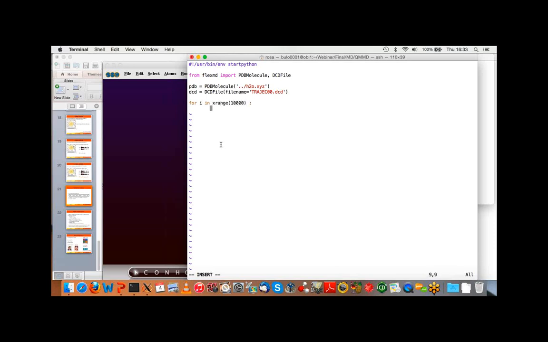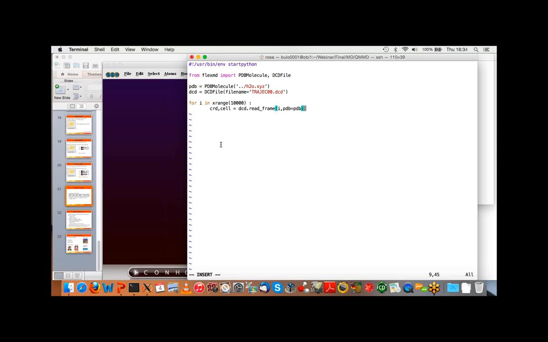Let's use a big number. And we're going to read what's in the DCD file: coordinates and information about the periodicity, which in this case isn't there. Let's read frame I,